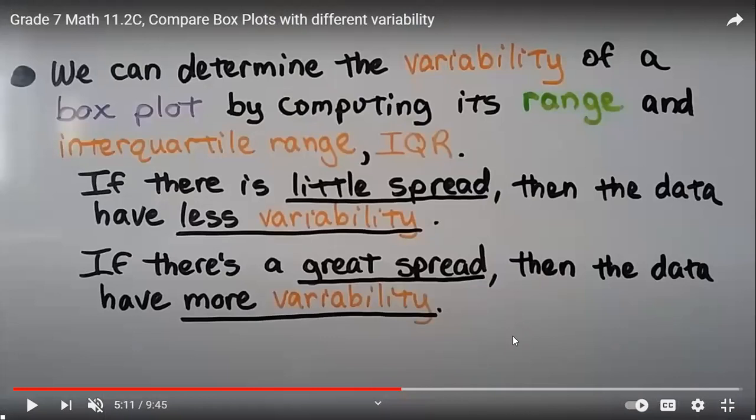We can determine the variability of the box plots by comparing the range and the interquartile range. If there is a little spread, then the data have less variability. If there is a great spread, then the data have more variability. So it depends on the spread, and we said the spread is the range or interquartile range. The less the spread, the less the variability; the more